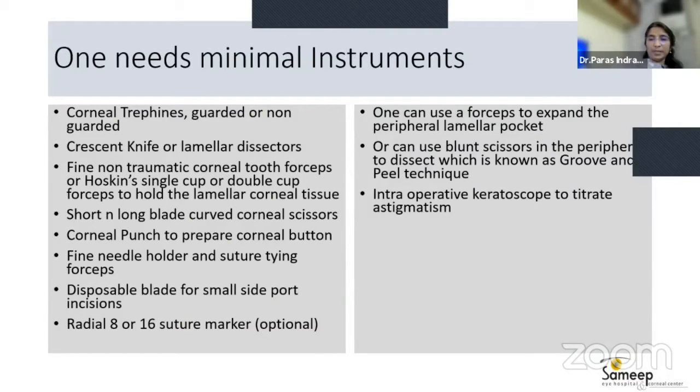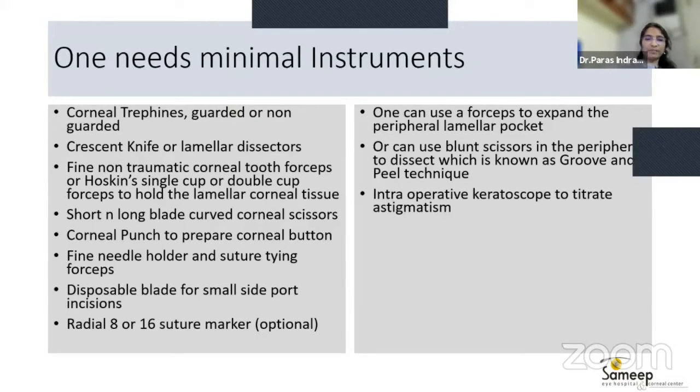One needs minimal instruments to begin with, like corneal trephines, which could be guarded or non-guarded, crescent knife or lamellar dissectors, fine non-traumatic corneal tooth forceps or Hoskins single cup or double cup forceps, short and long blade corneal scissors to cut the cornea, corneal punch to prepare the corneal button, fine needle holder and suture tying forceps, and disposable blade for small side port,